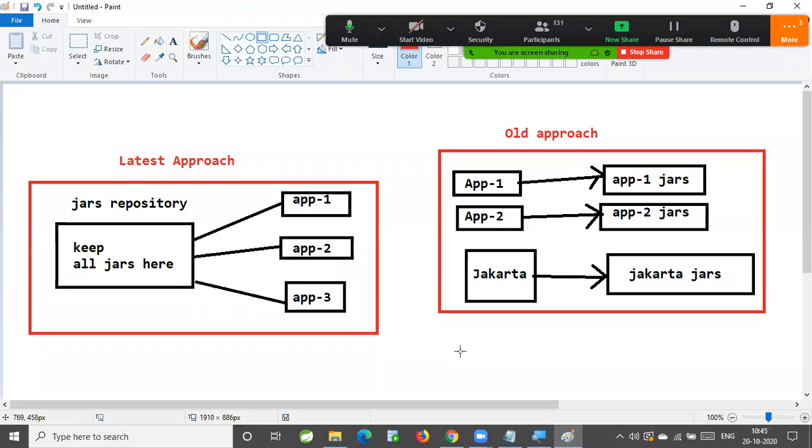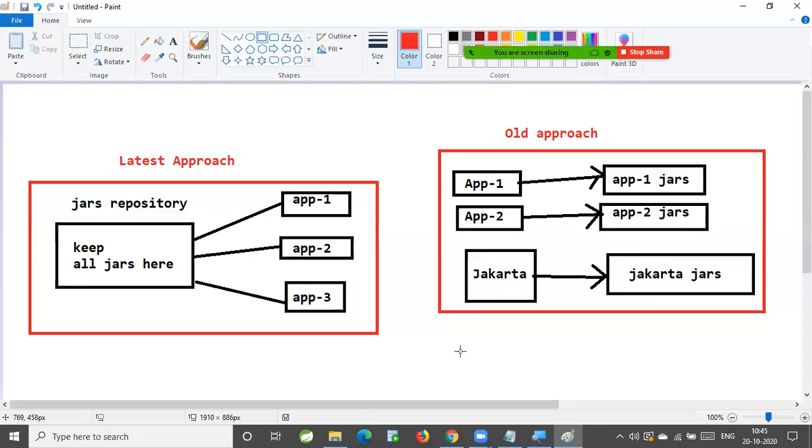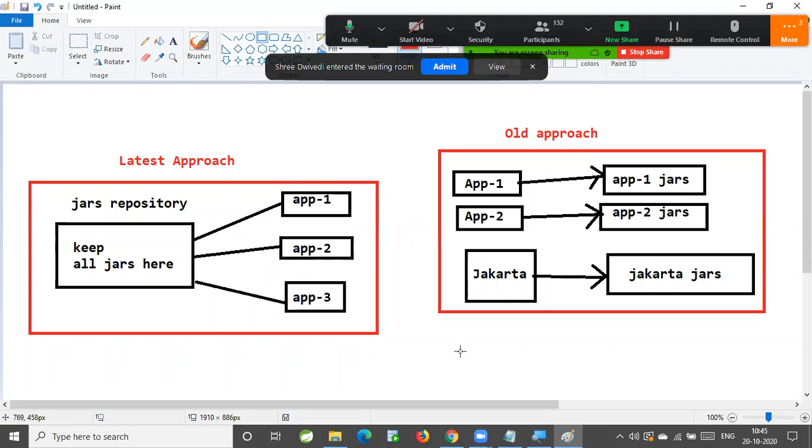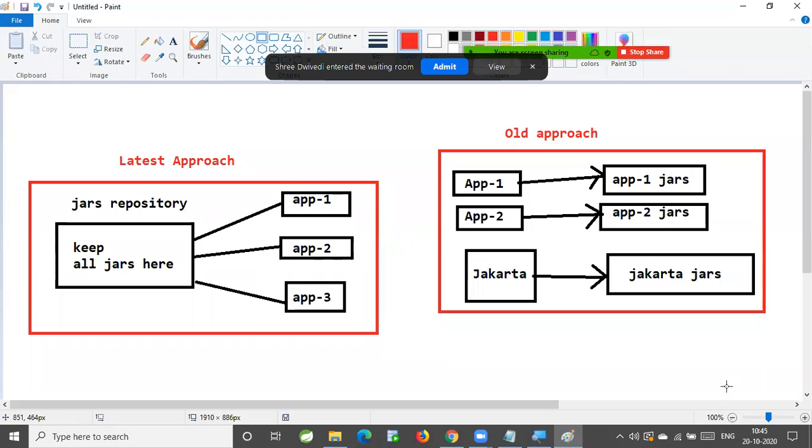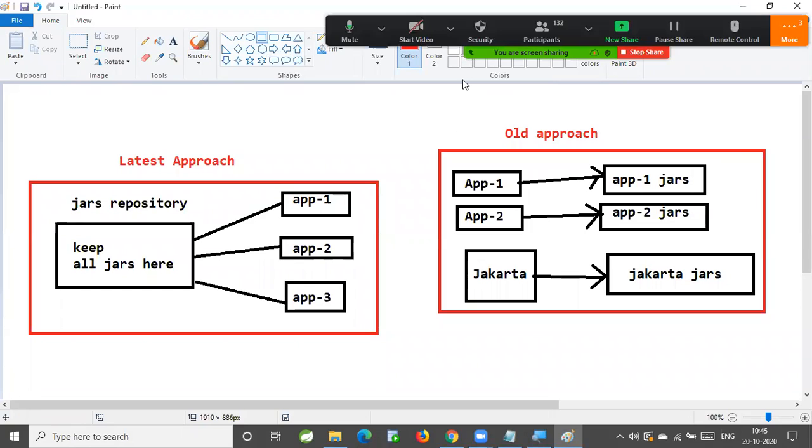So where did Maven start? Maven started from the Jakarta Turbine project in the Apache organization. As part of their project, they identified that several other projects were also using jars. Why maintain jars in different locations? Why can't we maintain all the jars in one location? With that intention, they kept all the jar files in one location. That became successful for them. That is what they call the Maven project, a build tool that we use today to automate the build process of our application.